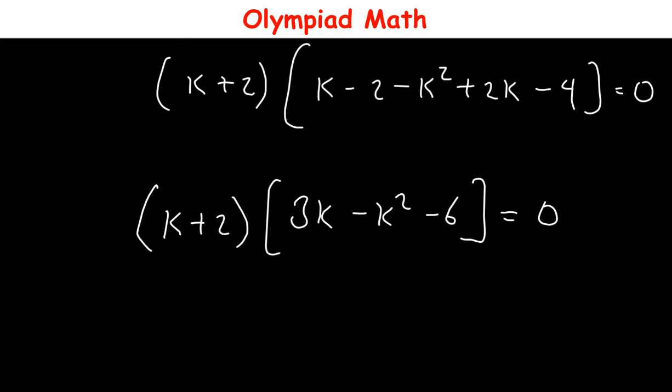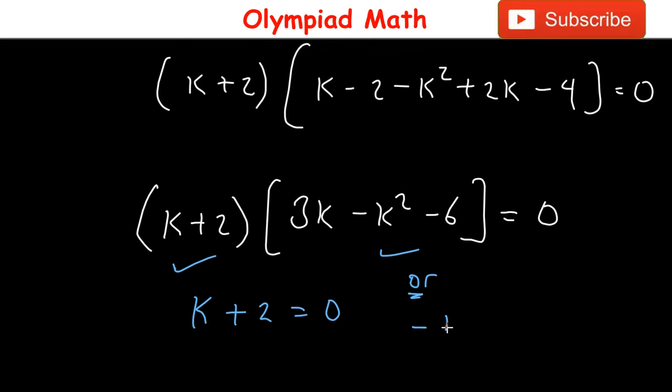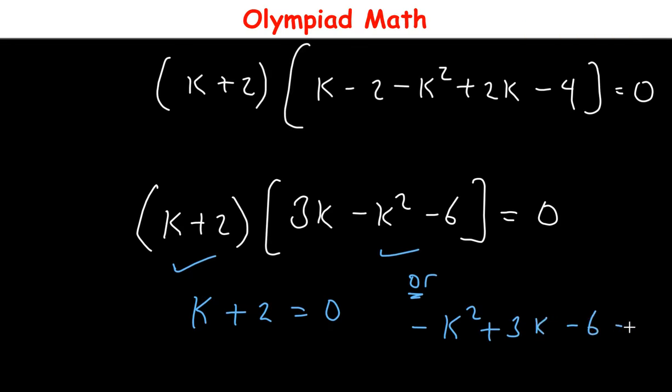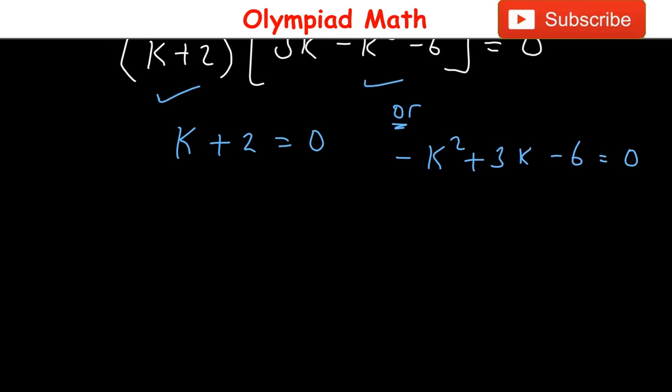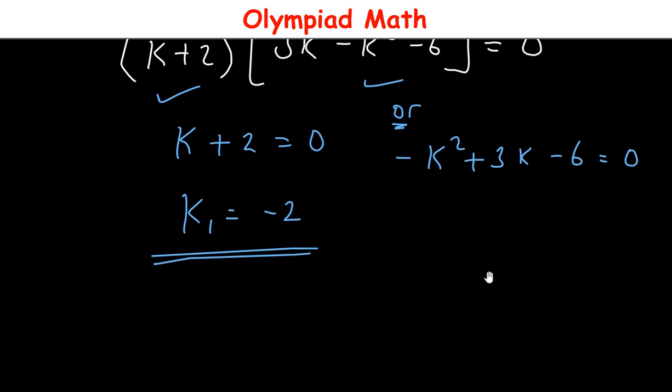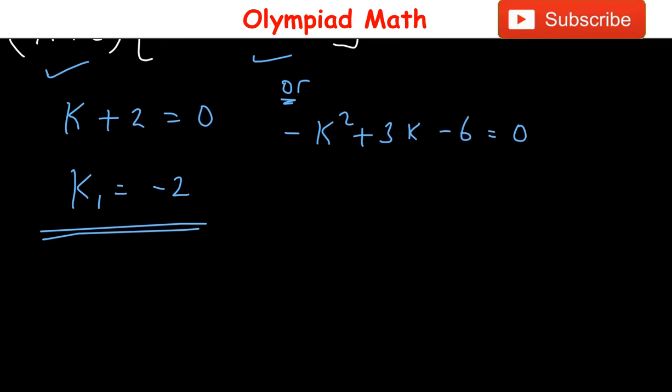0. So at this junction, we can equate this to 0 or equate this to 0. So we have k plus 2 equals 0, or we have, this can be written as minus k squared plus 3k minus 6, and this equals 0. So from here, we have that the value of k is equal to minus 2, and this is the first value of k. Next, to solve for the other value of k for this other equation,